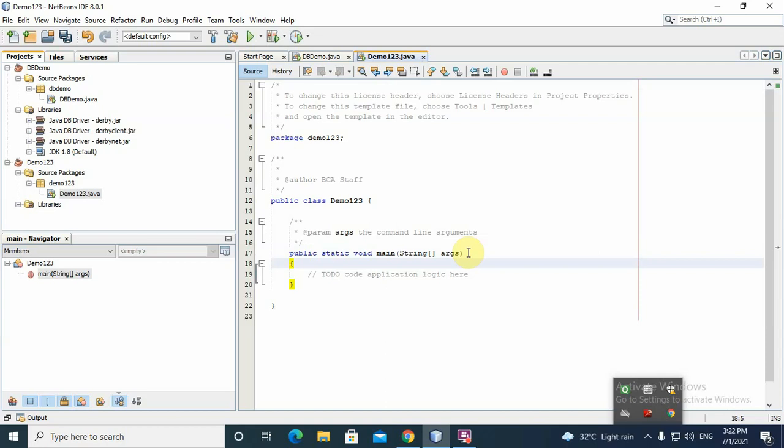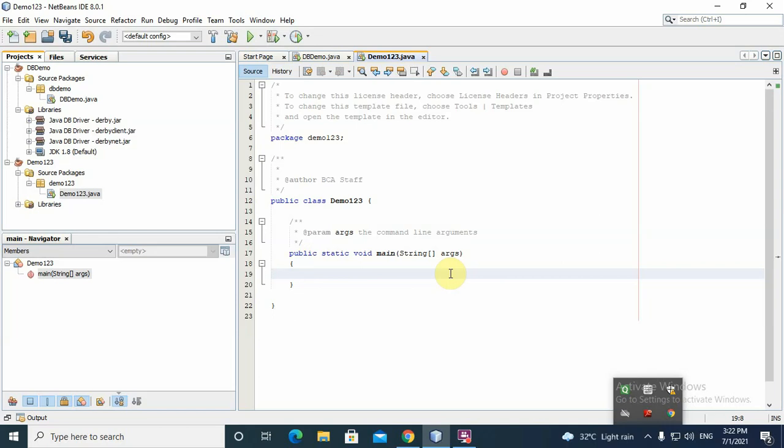Within this class we have one method, that is the main method. Within this method we are creating our logic, that is inserting records into the database using the Java language. If you want to connect a Java application to the database engine, we have 5 steps. First one is to load and register the driver package.